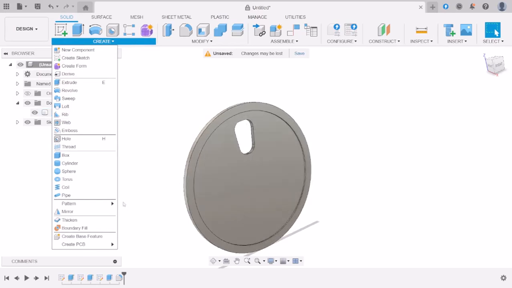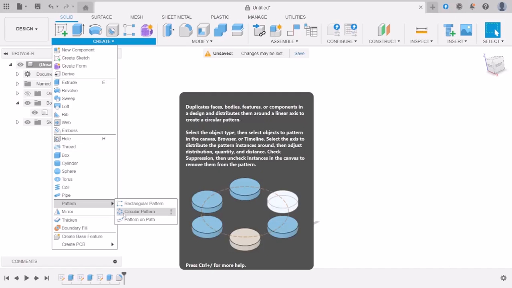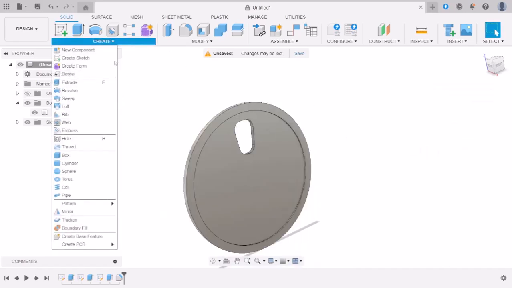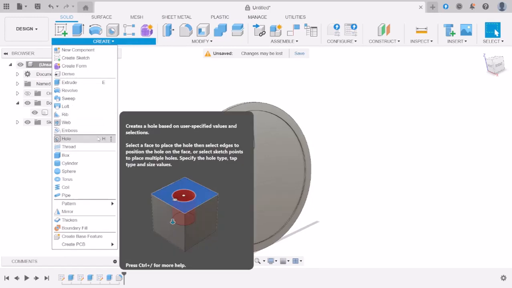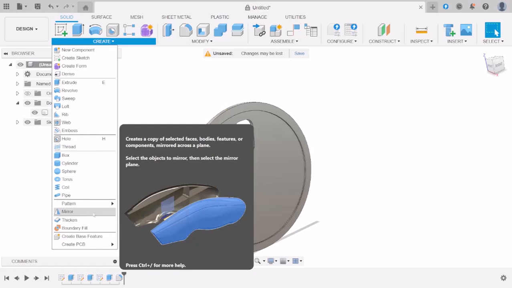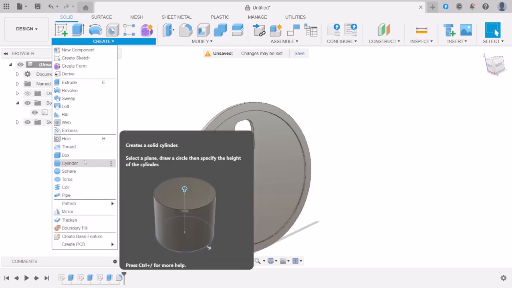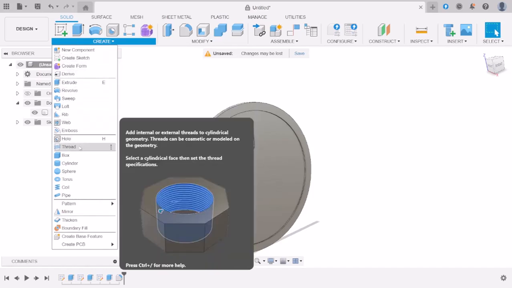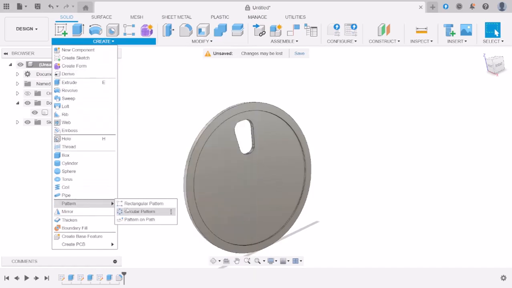So we create a circular pattern. Now that's back here where I said there are primary and secondary features. All these patterns, mirrors, thickness, all of these are secondary features. The primary ones you need are basically here. But we want to do a circular pattern. We click on it and we'll come over to this